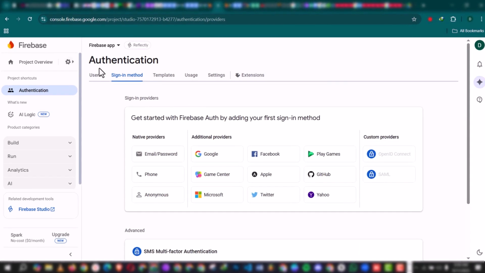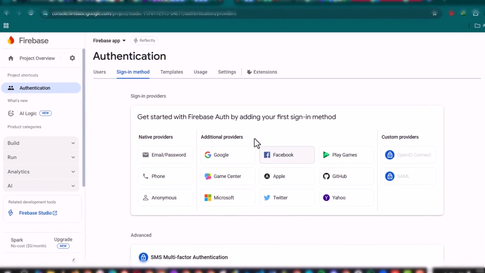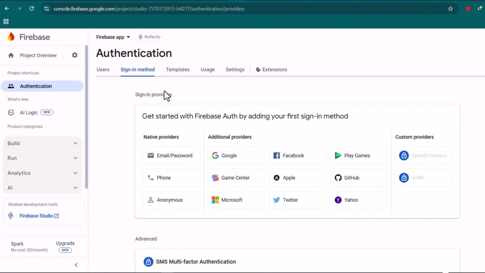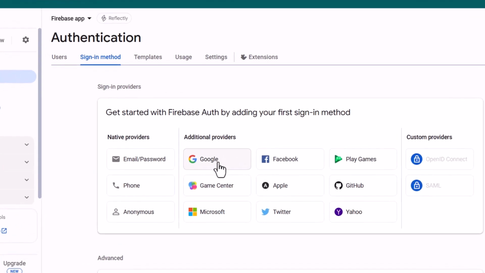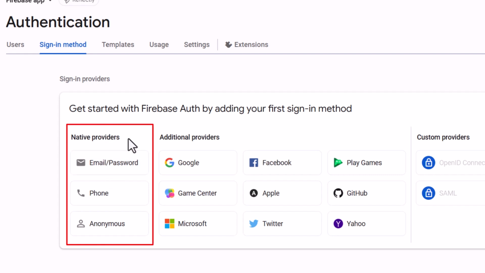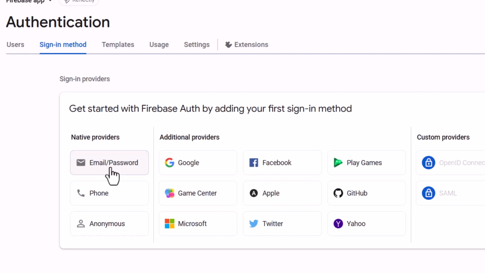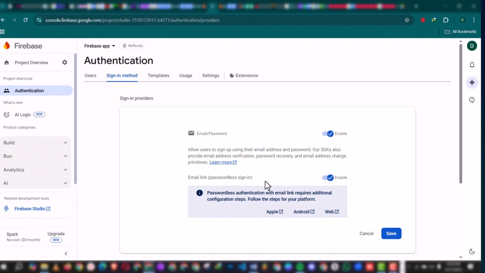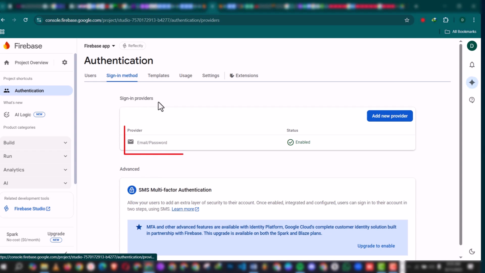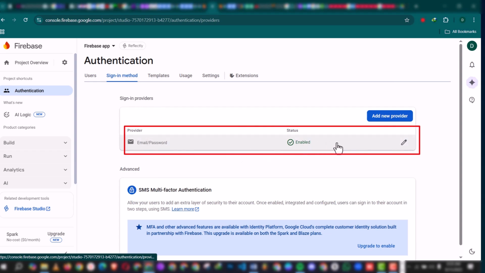Okay, it brings us to a series of sign-in methods. Like we earlier discussed, we have various sign-in providers. Get started with Firebase Authentication by adding your first sign-in method. So here are the native providers, the basic options we can use. We have the email and password, and we just have to enable. So it reads, allow users to sign up using their email address and password. Our SDKs also provide email address verification, password recovery, and email address change primitives. We just have to enable both. So we click Save. In our list of sign-in providers, we now have the email or password status enabled, and